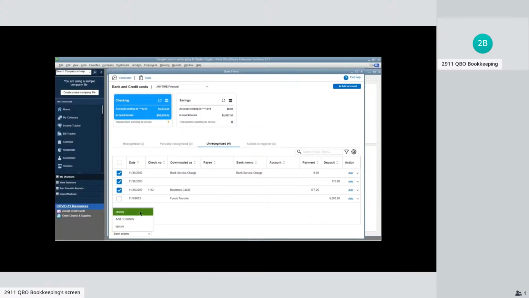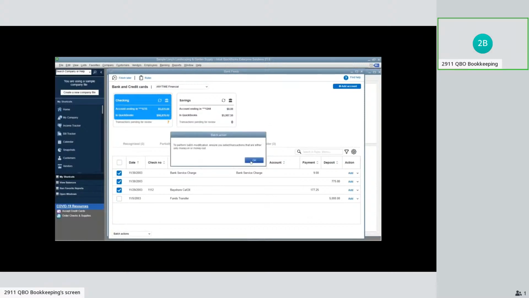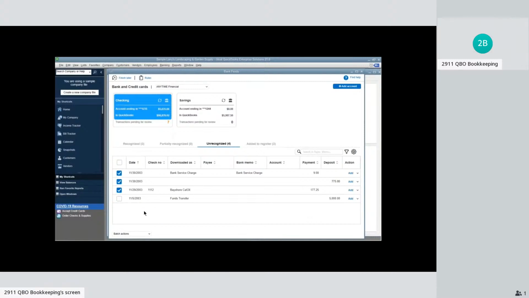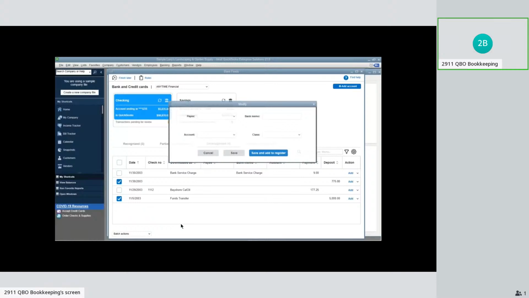And hold on, where is it? It's weird. Why is that not working? So to perform batch actions, ensure you select transactions that are either, oh, I see, that's why. Okay, so I have to select either all payments or all deposits. That makes perfect sense, actually. So I'm going to select modify. I was wondering why that didn't work. So now instead of having to do it transaction by transaction,